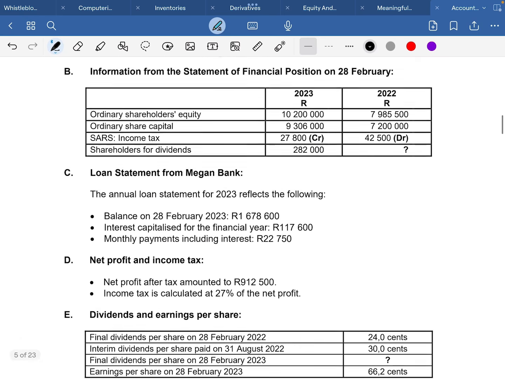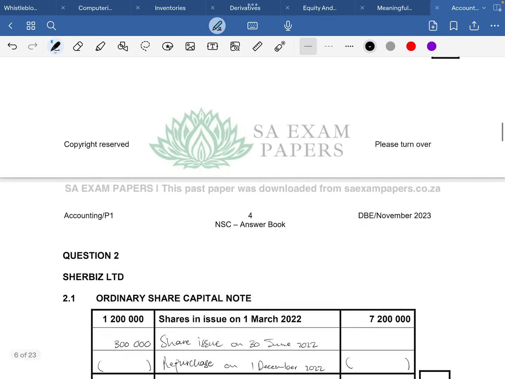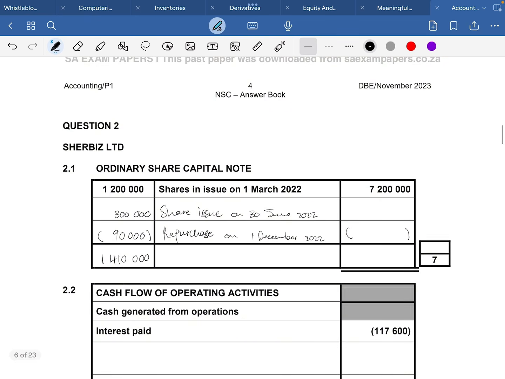So now when we look here, they said 90,000 shares were repurchased, so this is quite an easy activity because they've given us all the amounts. You don't need to really calculate for anything. So here, if you calculate 1,200,000 plus 300,000, that's 1,500,000, and then you subtract 90,000, then that's going to give you 1,410,000. All right, so we could just say this is the balance at end of financial year,